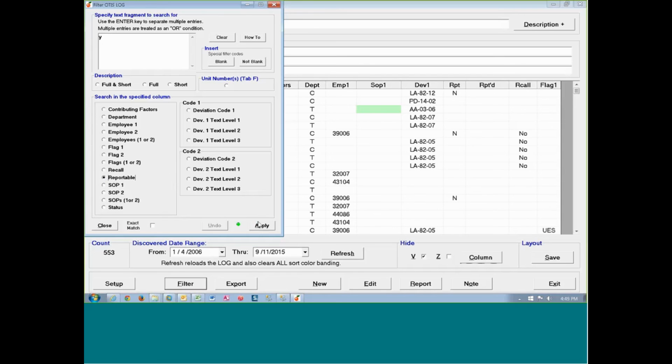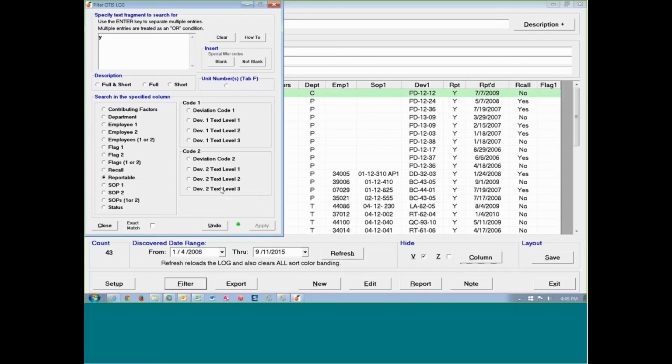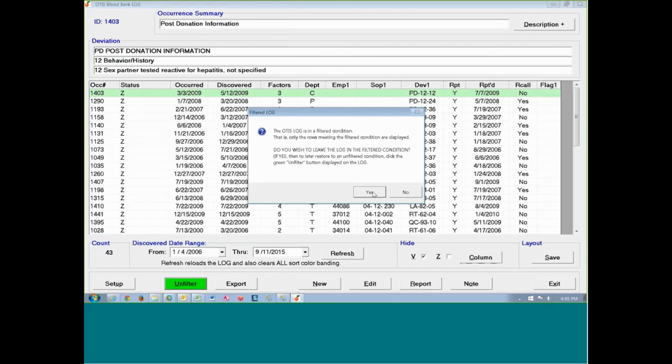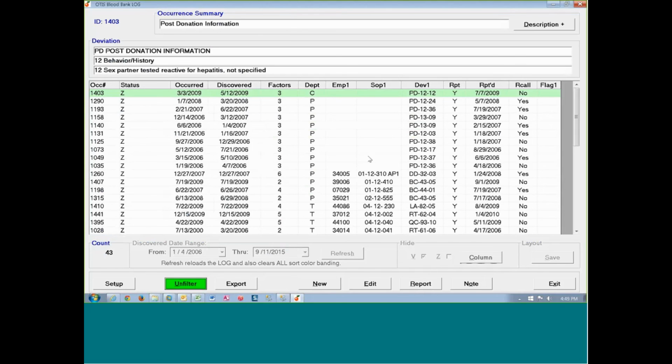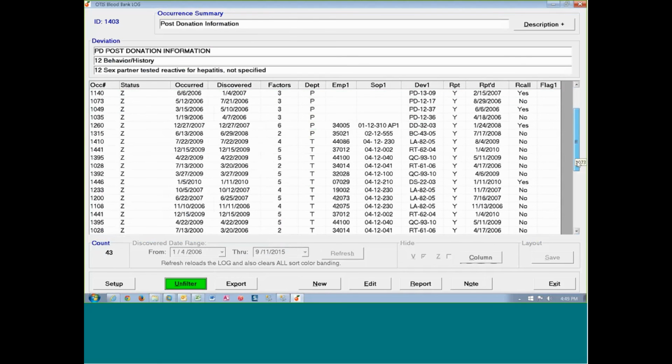When I click apply, what OTIS does is display only those rows in the log where there is a Y in the reportable column. I'm going to click close. I'm going to say, yes, I know it's filtered. And now I'm only looking at the reportable incidents for the particular time frame shown here in the bottom left again. And as I scroll down here,